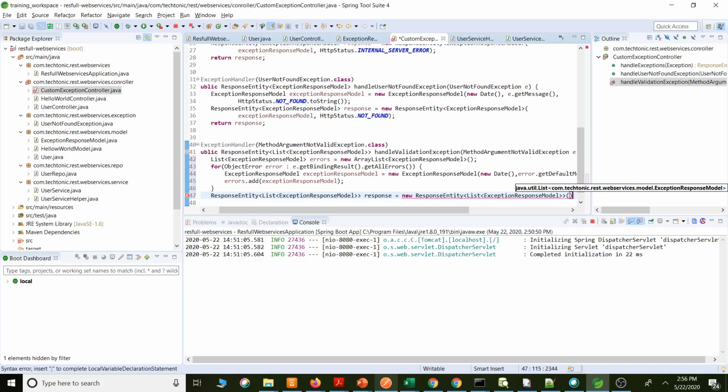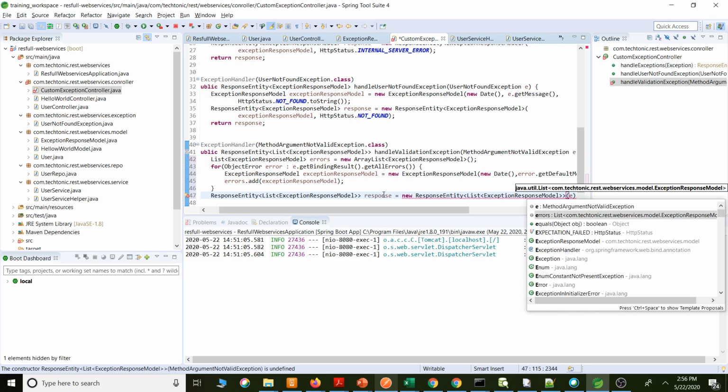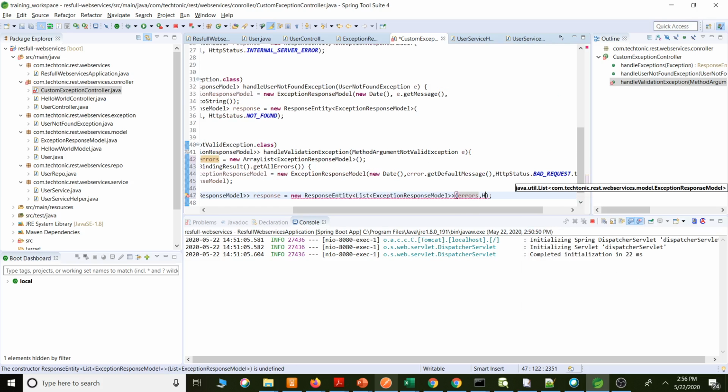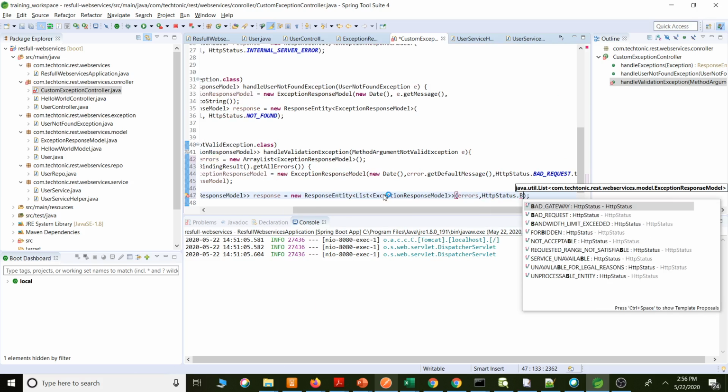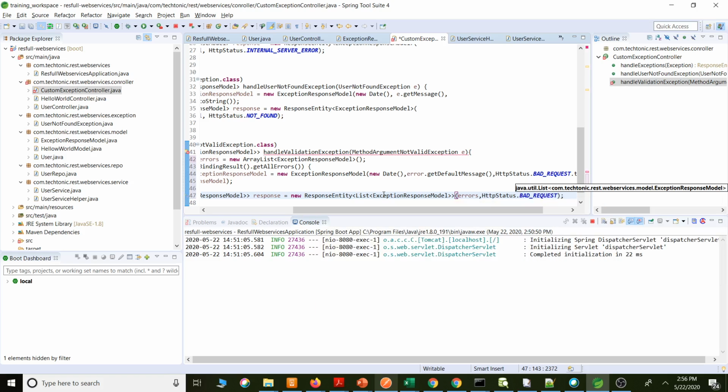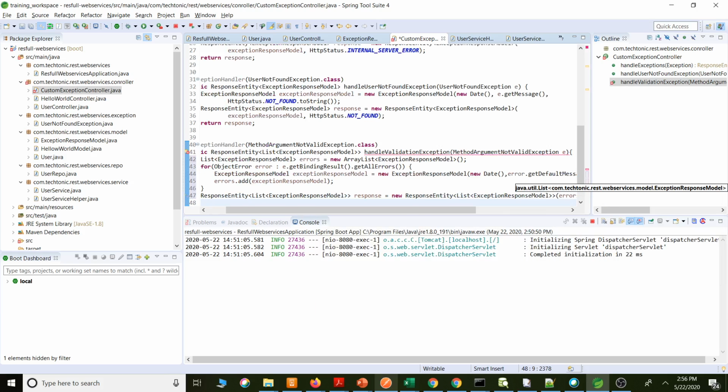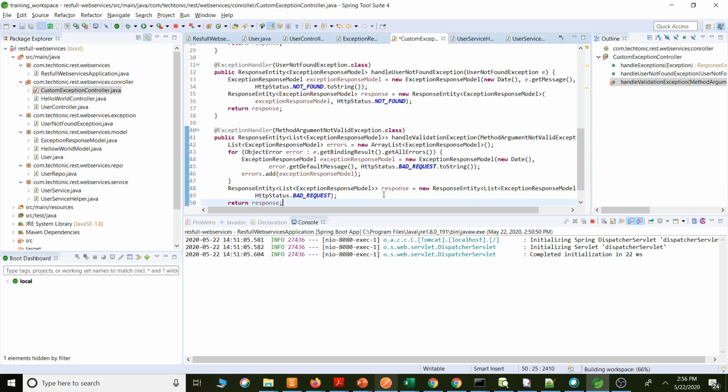Pass the errors, comma, HttpStatus.BAD_REQUEST, and return it. Return response. That's all, guys.